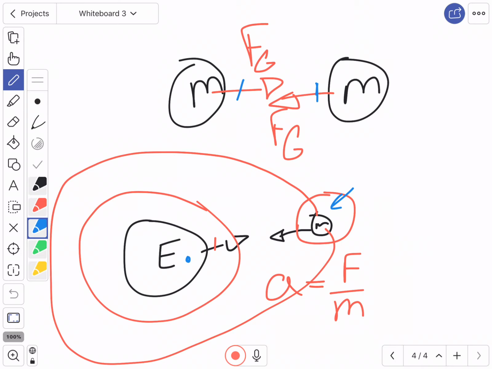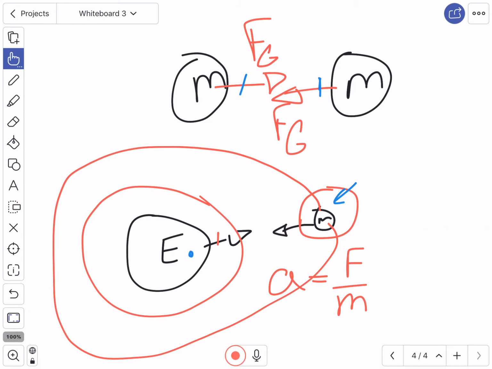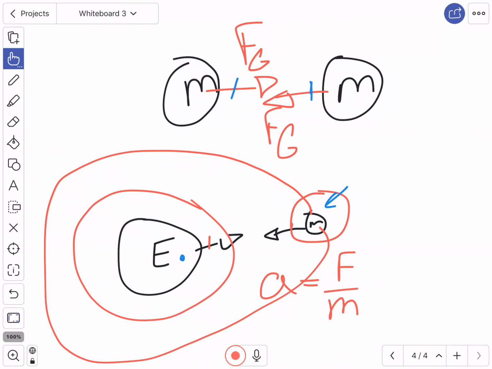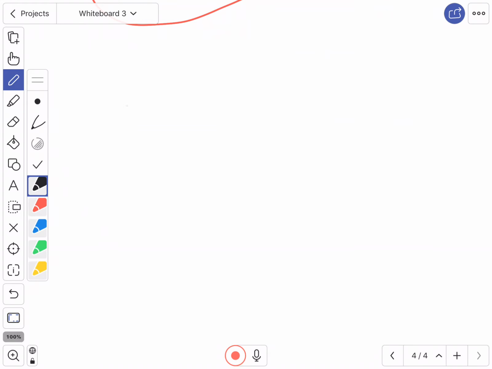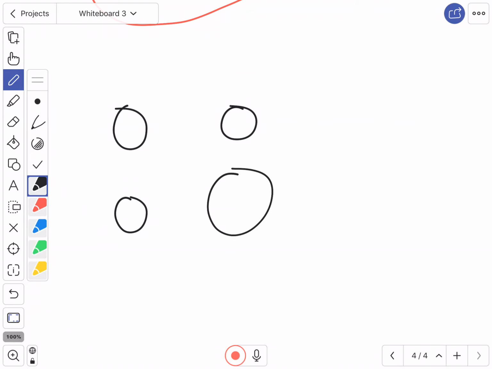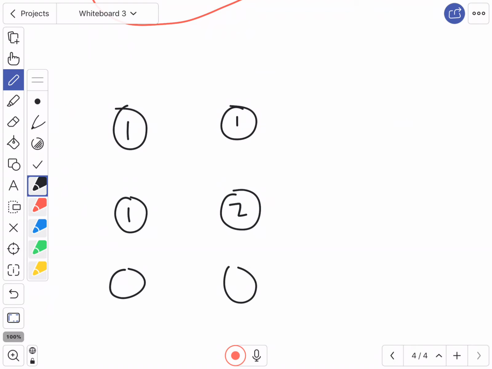What you guys did was you moved these masses. I can't move just one, I apologize. But you moved the masses, and you changed the size of the mass. So let's just start over here. You started with maybe this scenario, and then you went to this scenario. Even though in reality, we kept it the same. If this is 1 and 1, and then 1 and 2, and then 1 and 4, what we should have seen was that the attractive force increased when that occurred.